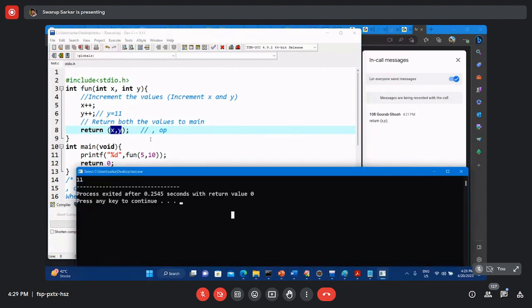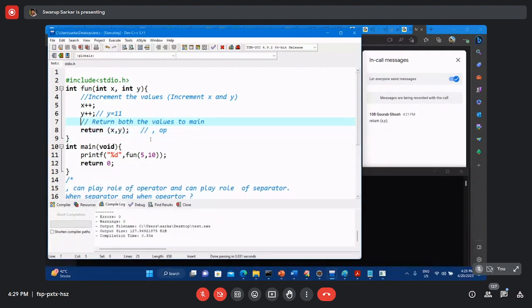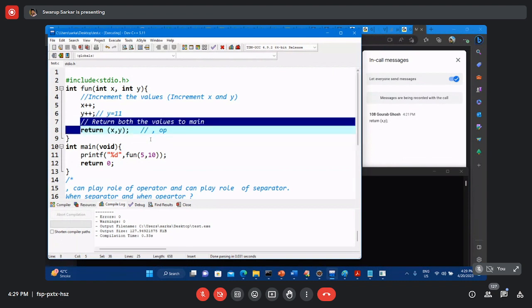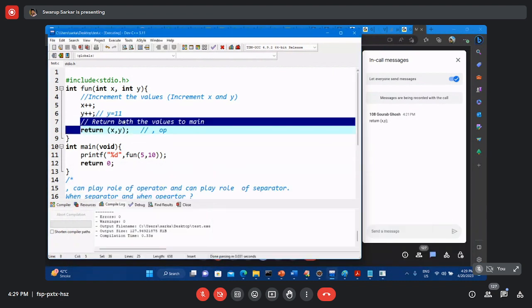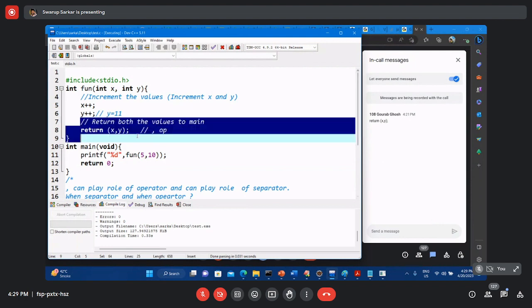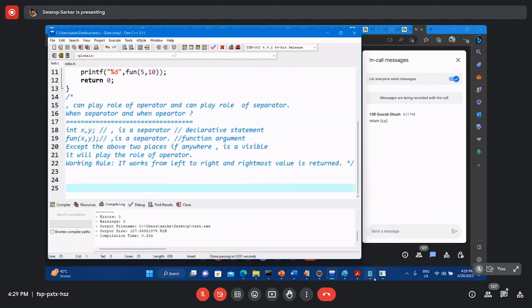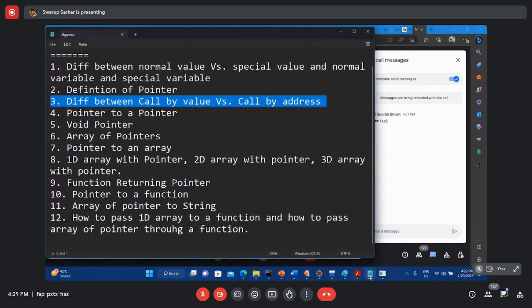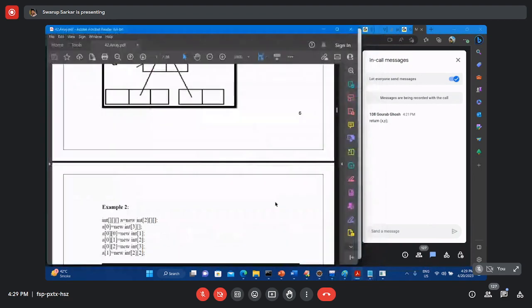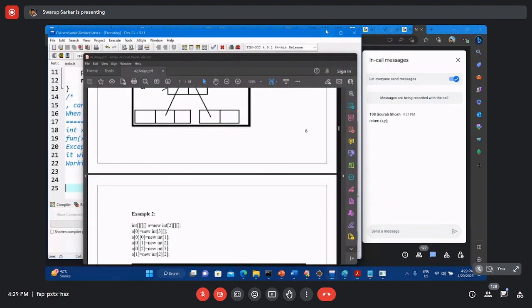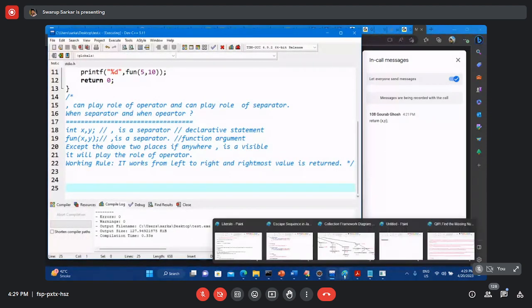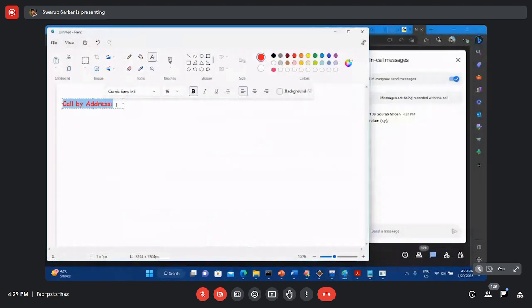So that means now your problem, whatever assignment I have given you here, is to return both the values to main. With this knowledge, you cannot do that. Yes, that's a big issue. Now what will we say, sir, how do we come out of the situation? Yes, so before learning the concept of call by address, we can make a point here before the call by address concept,